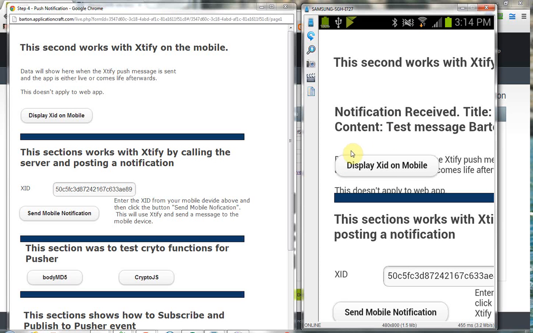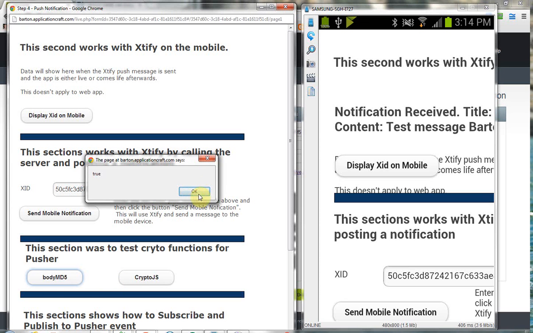What you'll see when you look at my blog is that I've written a JavaScript class for the server side that interacts with Pusher, and it interacts with a crypto library that Google makes available. That's what these two buttons here are for. When I tested MD5, which is a function that ApplicationCraft makes available, I was able to confirm that the MD5 as Pusher requires it was the same as the MD5 that ApplicationCraft makes. And then with this crypto.js, there's a test case that Pusher has to say here's how you would